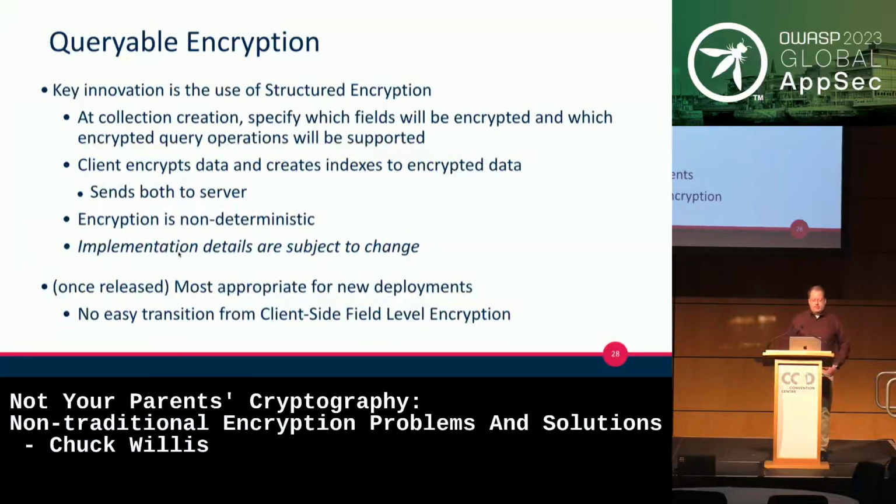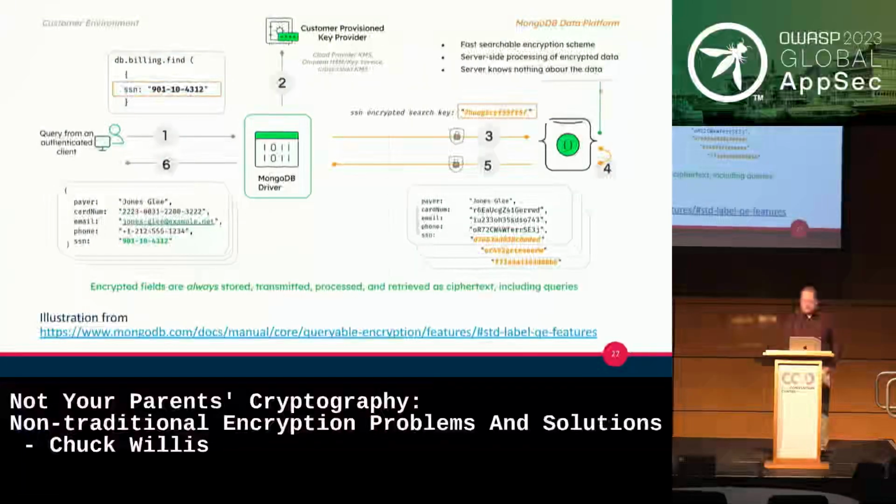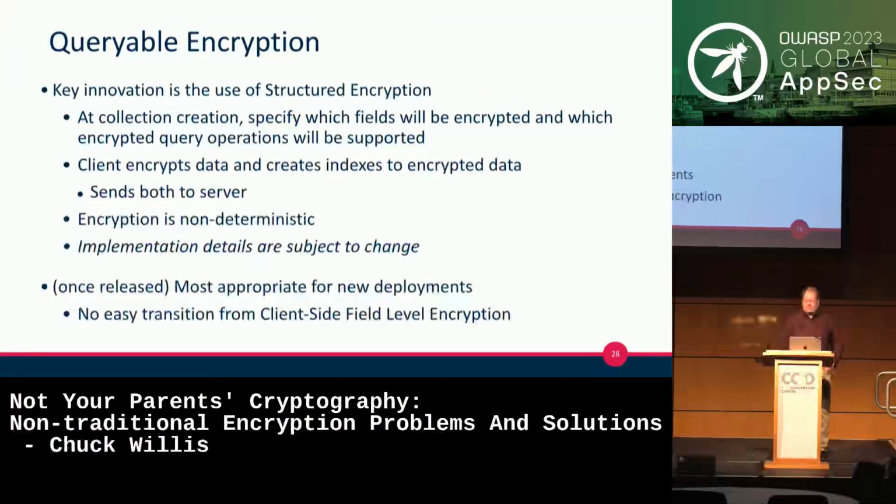The other big thing is that its implementation details are subject to change. I tried to find more details on exactly how this encryption works and how they are planning to do some of this other stuff. But because they've only implemented the equality searches so far, and they're still planning to make changes before they allow other types of queries, the alternative was that I would have to reverse engineer their client to see what was going on. Because the details are subject to change, I think it's best to gloss over those for now. But the gist of it is that you need to make all these decisions up front.